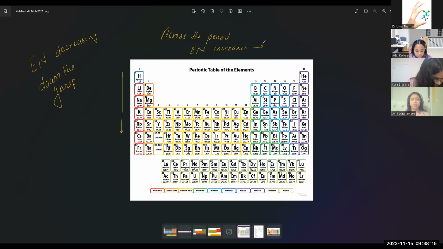So basically, across the period, the size decreases because you're adding protons. So the shielding effect and number of shells also stay the same. And when you're adding protons, so basically when you're